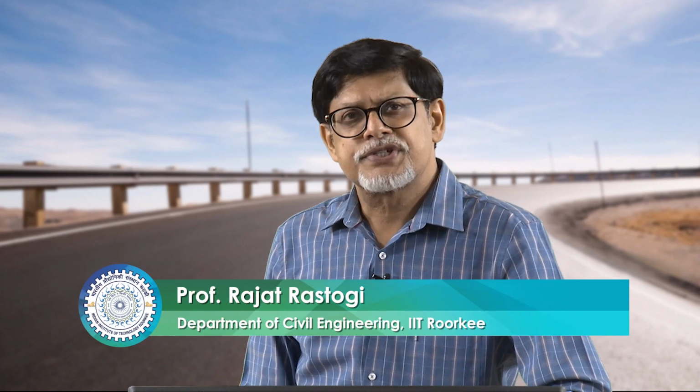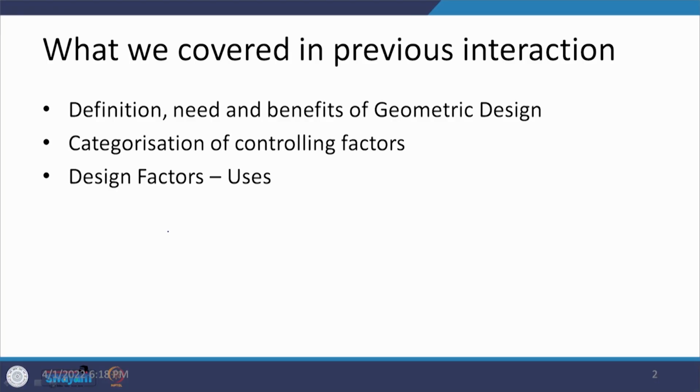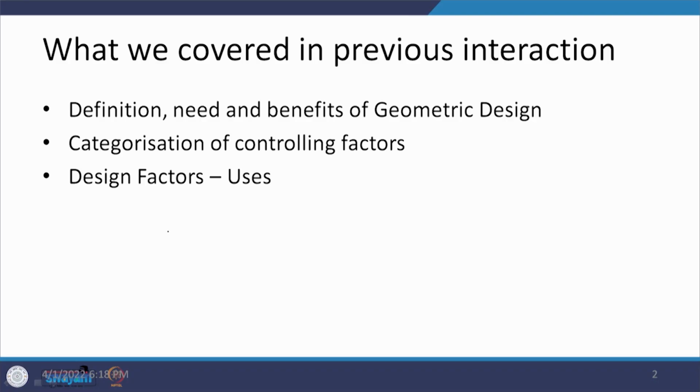We are going to discuss further the points where we left off in the first course. In the first course, we covered the definitions of geometric design. We talked about the needs and benefits of geometric design, which we achieve on the basis of good planning and design or the construction of a facility. Then we talked about the broad categorization of the various controlling factors, and finally we started discussing the controlling